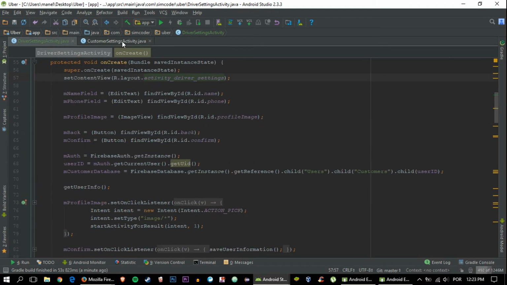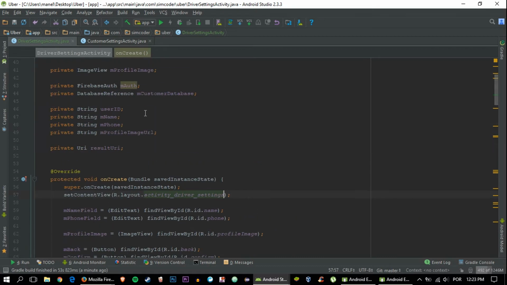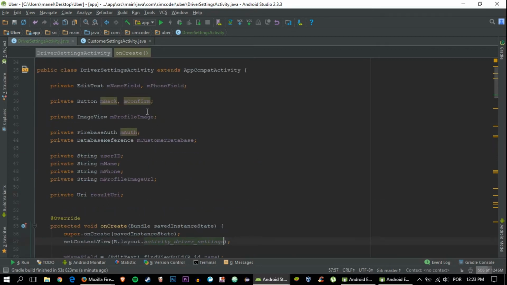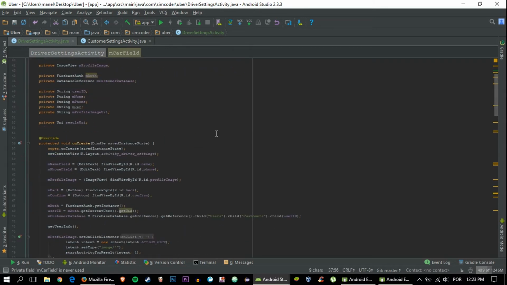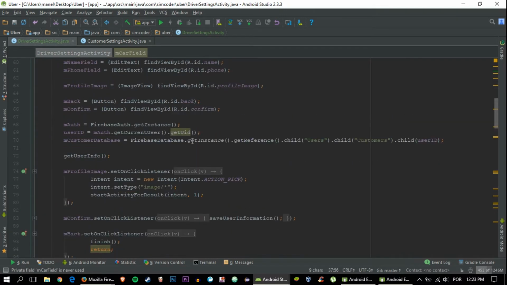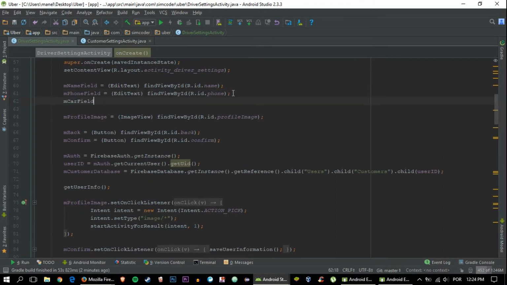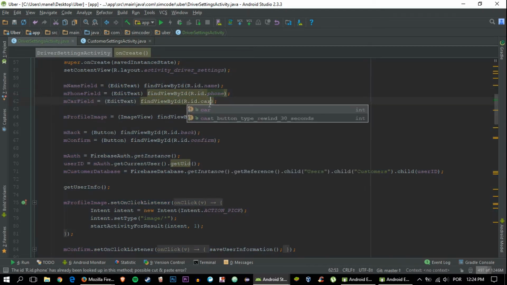And now let's just first of all add the car edit text, and what it is here. So car field, now the car in here, okay, so let's add, oops, okay, let's add the edit text, car,